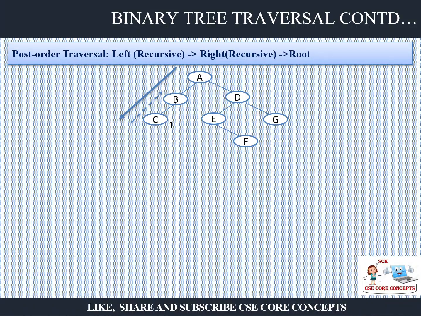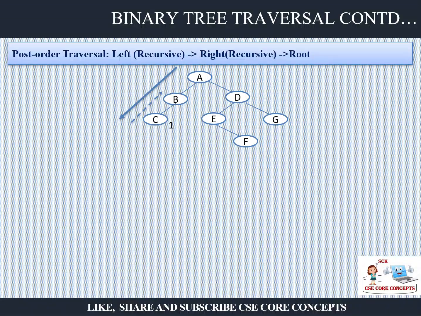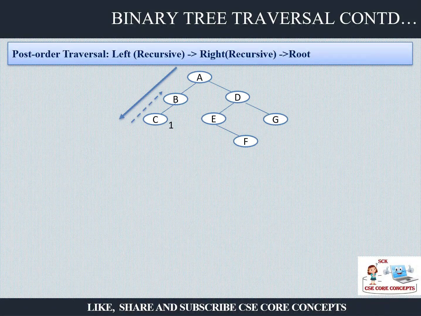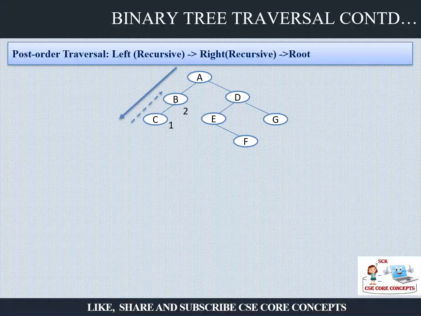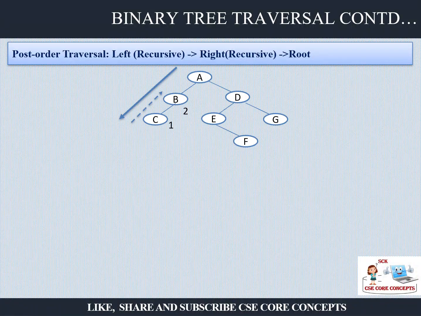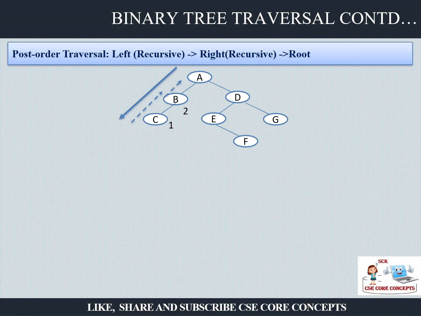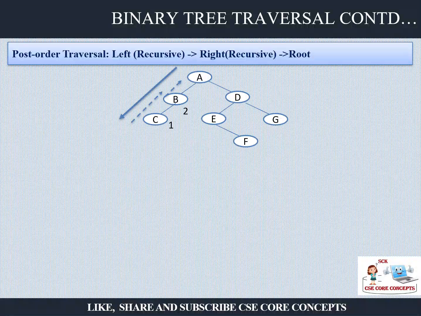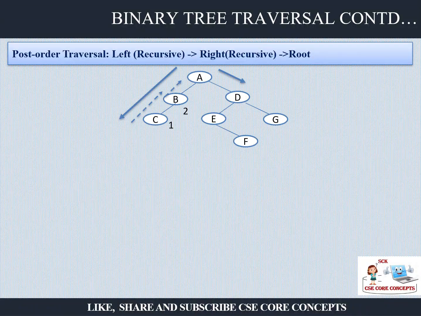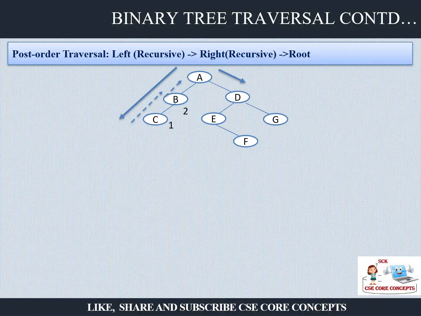Now you come back, because this subtree B and C does not have any right branch. If it had a right branch, then we would have visited that right branch. But since it does not have, we will go to its root element. So who is its root element? B. Then again B does not have any right branch, so we will go back to its root element, that is A. Now A will not be traversed because the root will be traversed at the end. So we will not visit A, but we will go to the right hand side